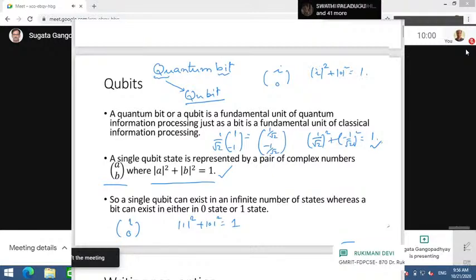We are assuming, and it is in fact true, that it is possible to design quantum systems